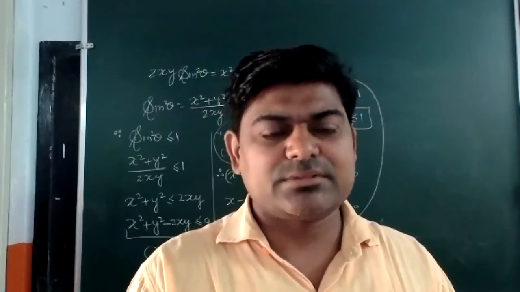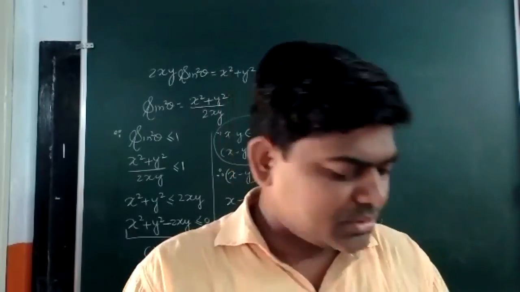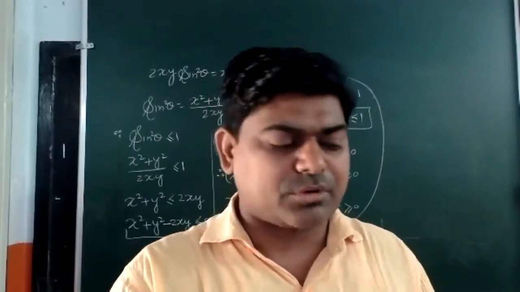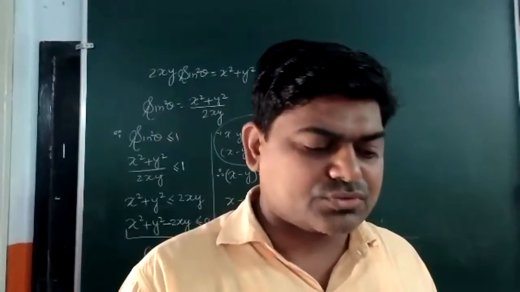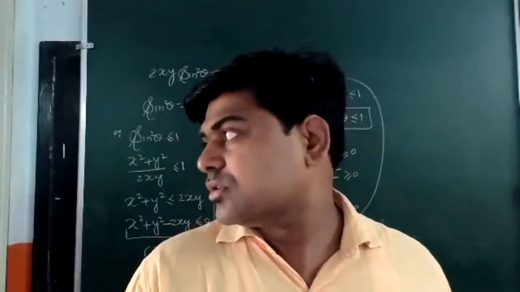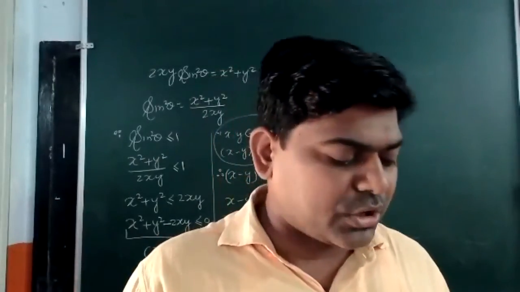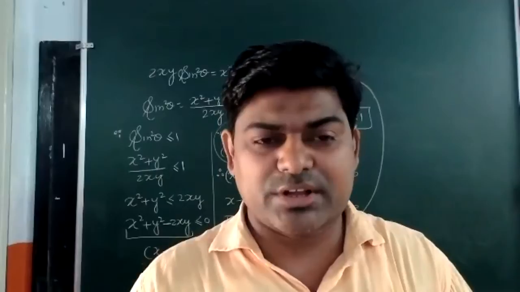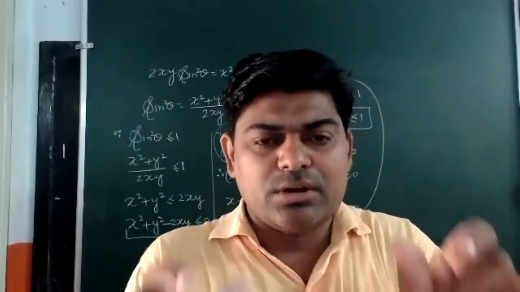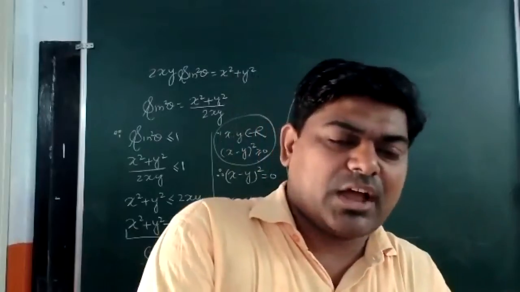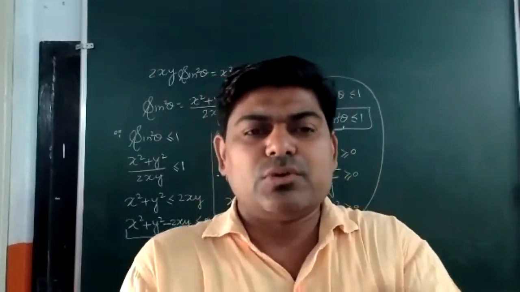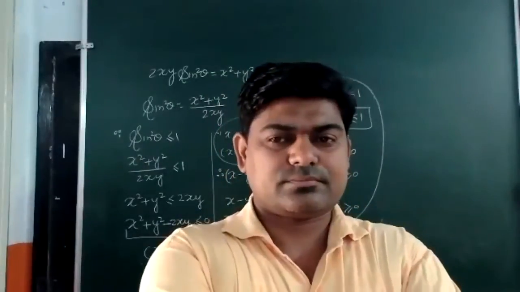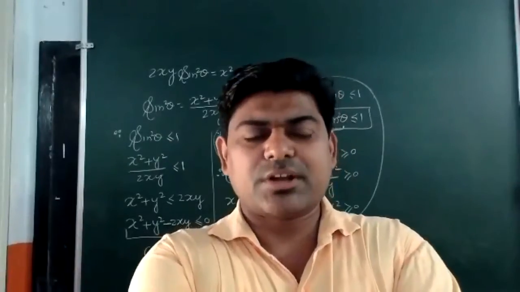So the largest value of sine x is 1. And your question is to find the least value of the following. The first one is sine square x plus cosec square x. Sorry, cosec square x, not cos square x. In both terms, sine square x and cosec square x, whatever value of x we take should be the same. That much only I'm asking. Can anyone think about it?